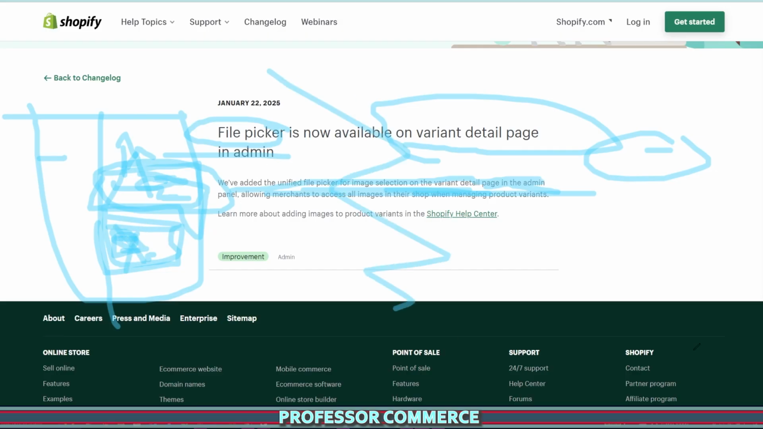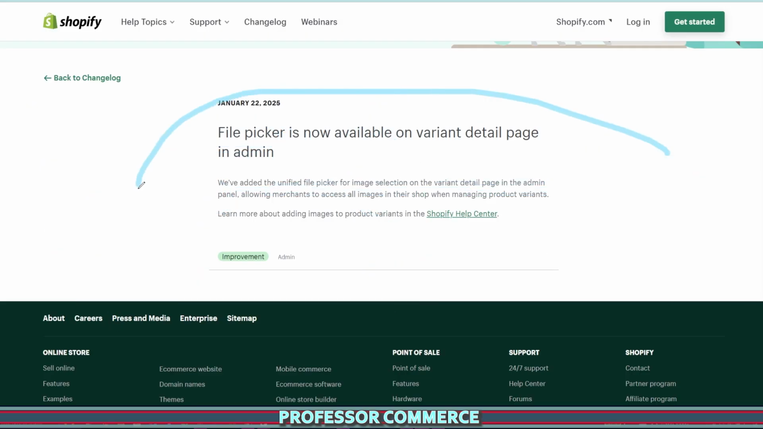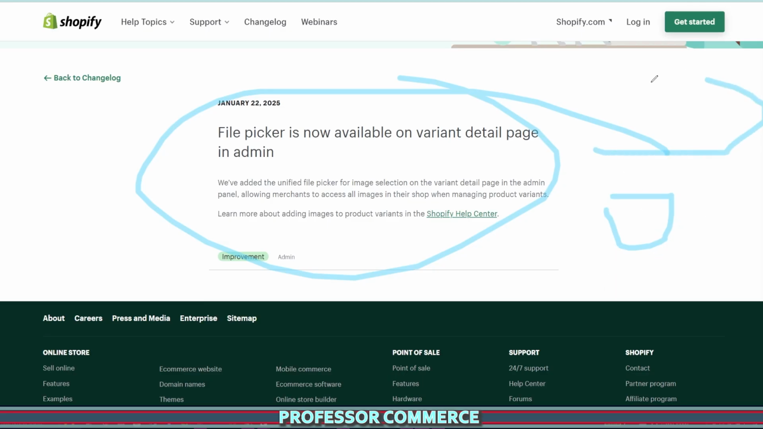So this is a very small update. Does that even help anything? Not really, because I think the main overall issue is that you can't assign individual images to individual variants within the same product. You can only add images to a big media gallery. You can do that with a third-party app, but